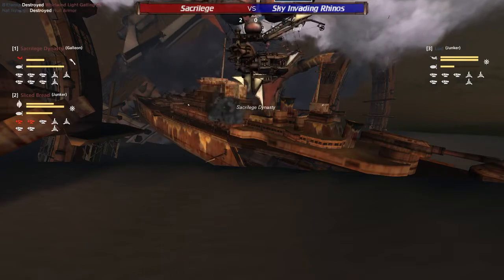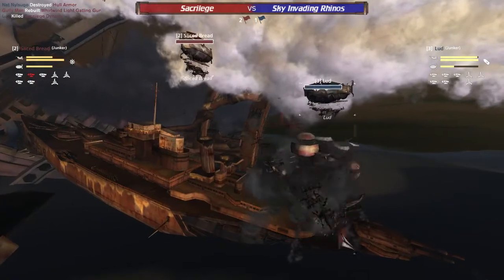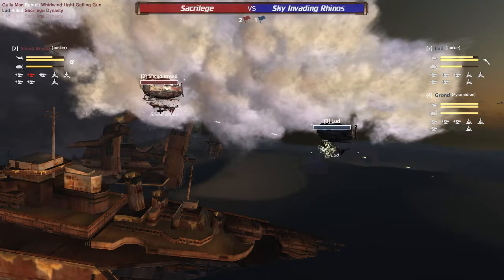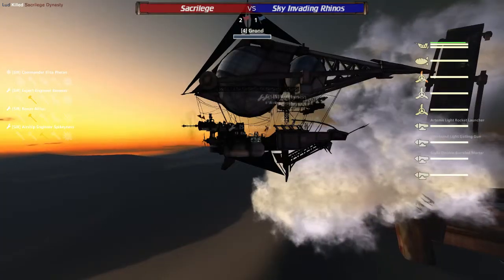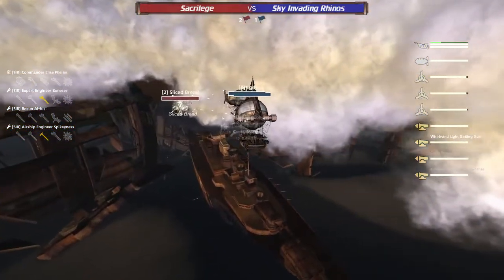The Sliced Bread turning to intercept. The armor's down on the Sacrilege Dynasty. A few well-timed mortars will get a kill on the Sacrilege Dynasty. The Sacrilege Dynasty goes down. And now it's a one-on-one junker fight between the Lud and the Sliced Bread. Grund has respawned right back into the middle of this fight. If everybody can get to their stations quickly, they can take full advantage of this, and the Sliced Bread has